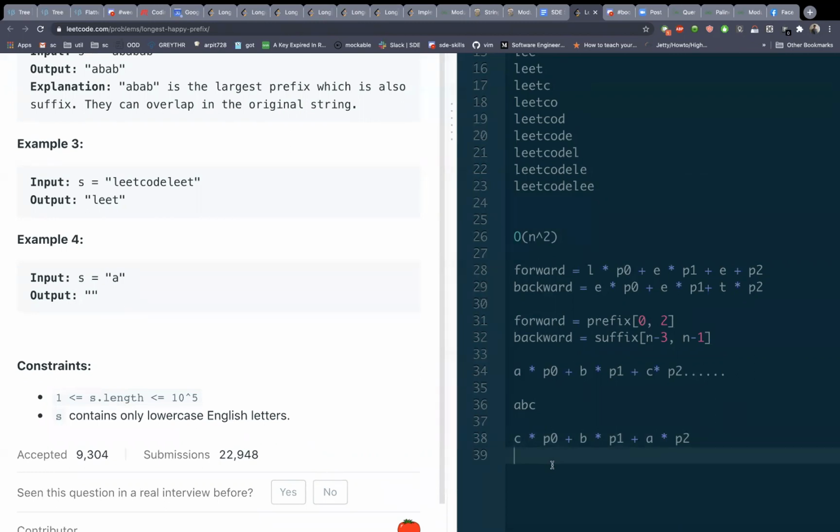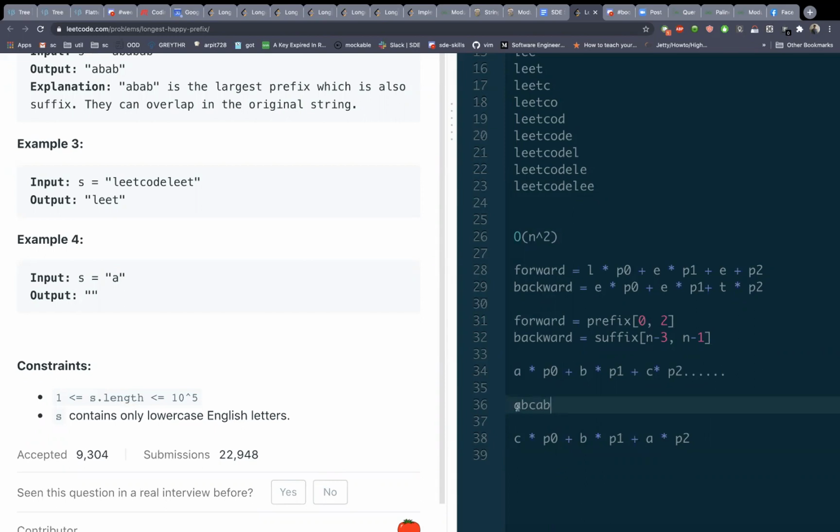Yeah, something like C into P power n minus 3. And for all the elements, you have to add one extra P0, right? Whenever you are trying to get one more character, on the right hand side, you have to get one more P0 for each element. So now the problem is that for the same string, actually, I think we should take a better example. AB and AB again that we have over here.